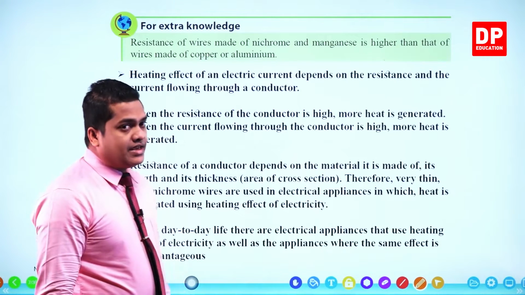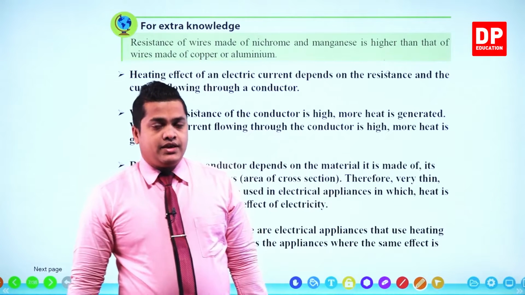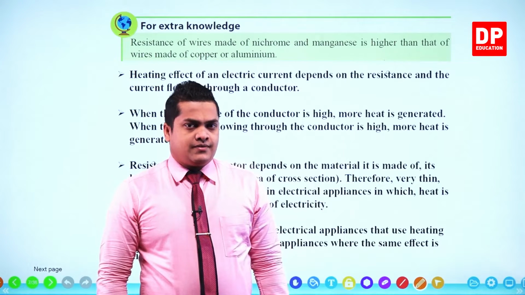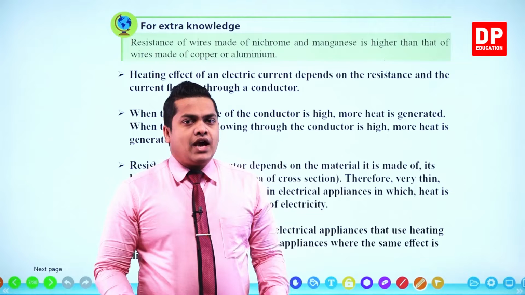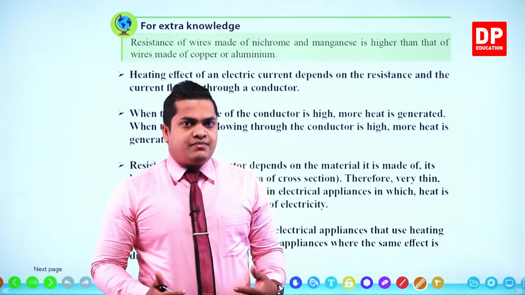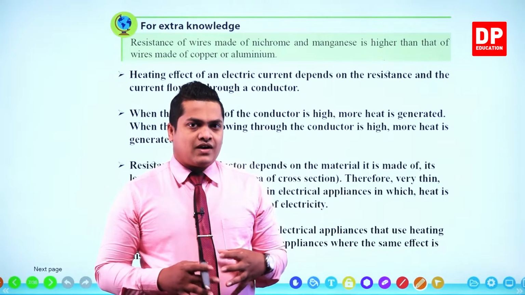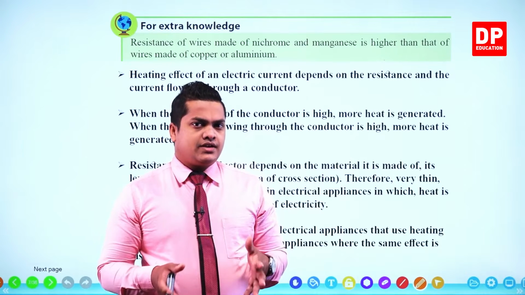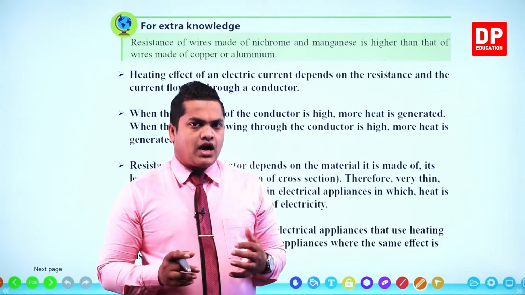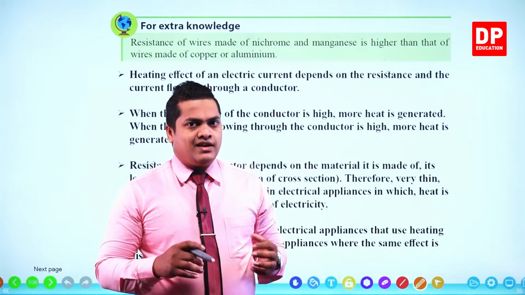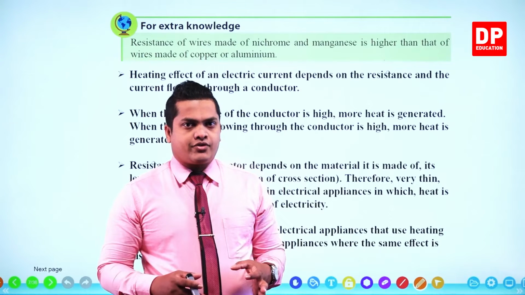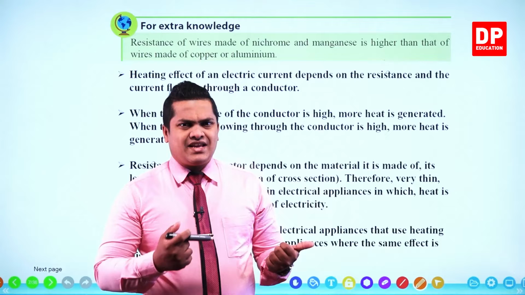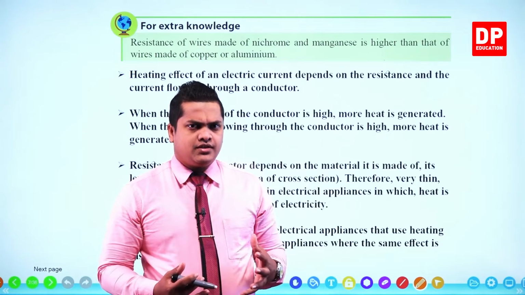So the heating effect given out by nichrome and manganese is very high. It's because they have a higher amount of resistance. The obstacle given against the current flow is very high in manganese and in nichrome. So when the obstacle is getting higher and higher, right,